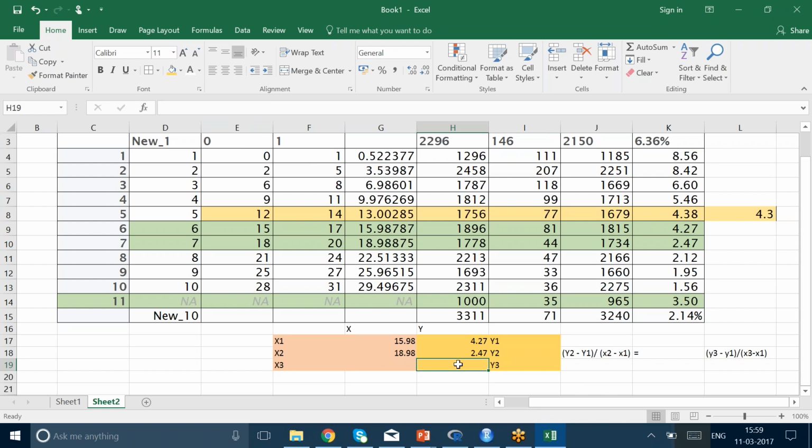Y3 is available to me. Y3 is what? 3.5. Y3 is available to me. X3 is available? No. If I solve this equation, I can say what should be the X3 value. So this is how you can ideally go ahead and do interpolation, and then I say what should be